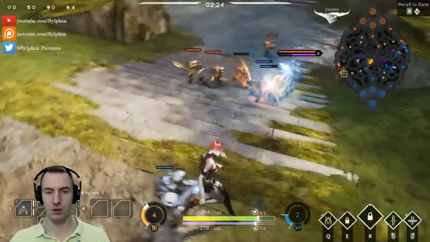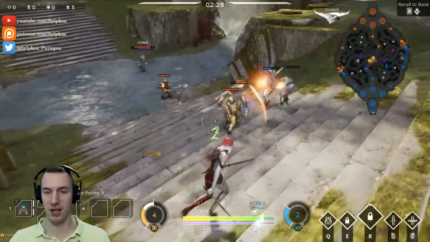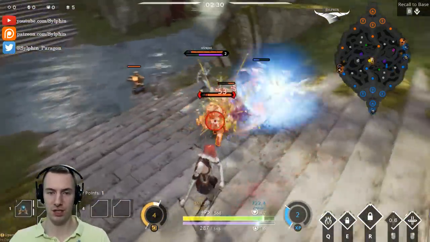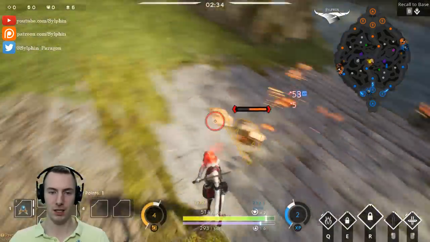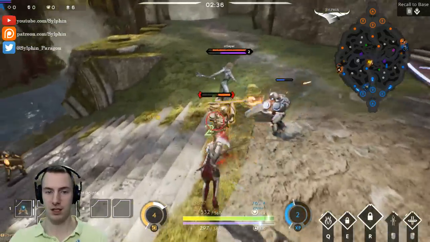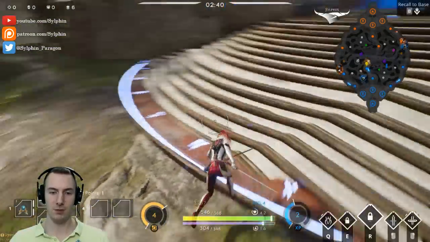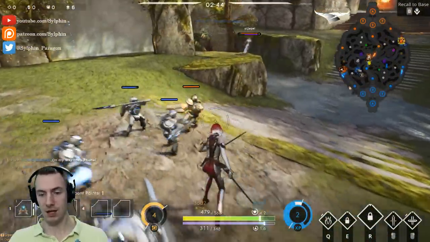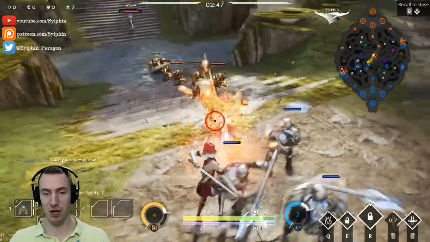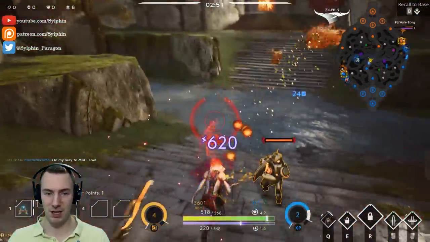A very interesting choice to have this Seraph here in this mid lane, as really she's super versatile. I'm going to push this lane just a little bit, because I'm getting a little too close to my tower for my liking. Although this does give us a good chance to get some last hits. And I'm really, oh, no, I can't. So Blade Siphon is really good. Well, that's our next ability, but I mean Shadow Slip, because you can instantly